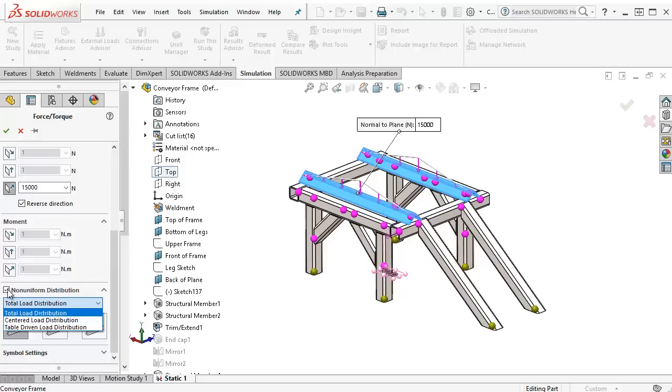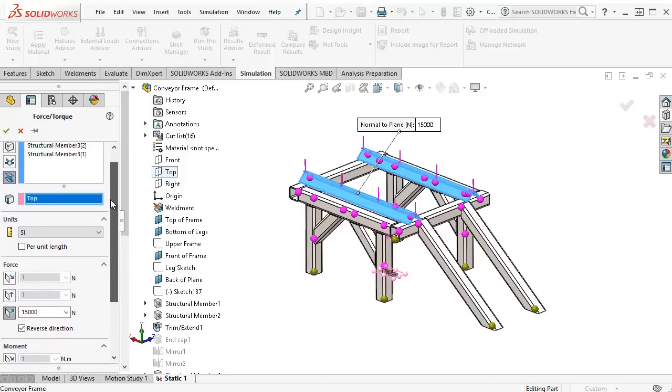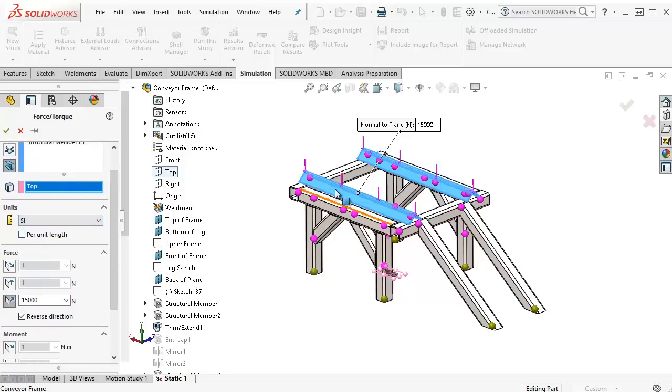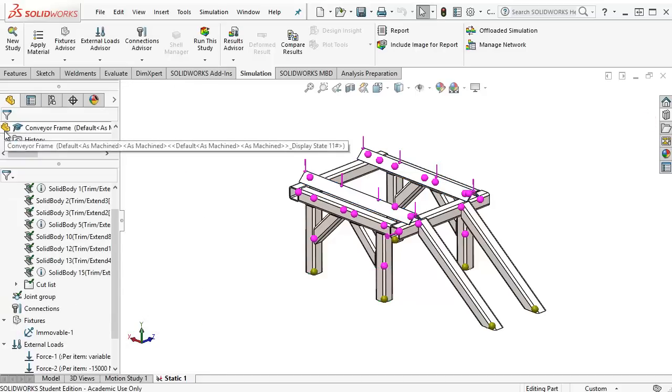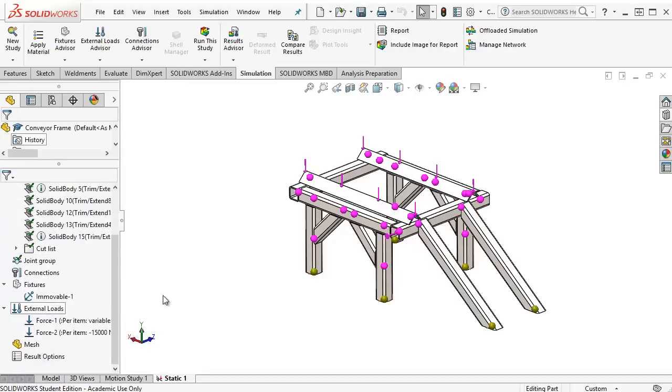However, we won't go into depth there. You can check that out on your own. So in this case, 15,000 is the per beam force. If you want, you can define the force as newtons per unit length. So for instance, per meter beam, if you have the force in that form. However, we want to apply it for the total. So let's click OK. So that's the things that you have to consider when applying fixtures and loads in your